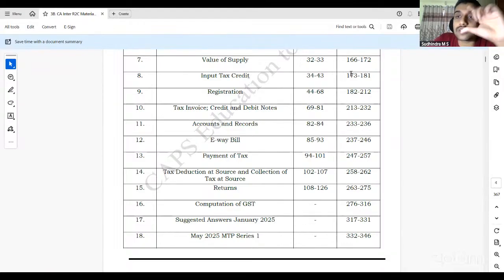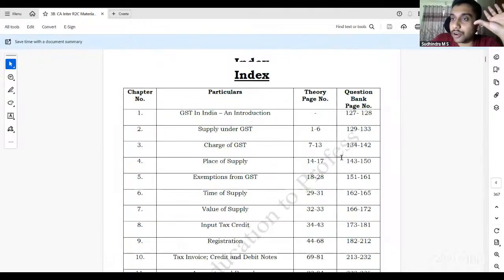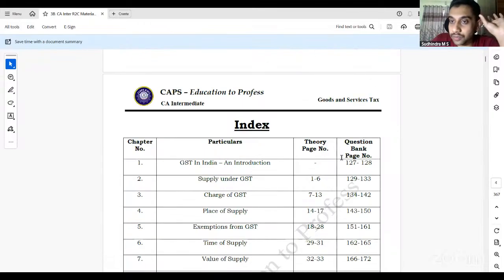So it's like an exhaustive book. Okay, so if you read this, all possible questions that would be asked will be taken care of. So that is what we have to focus on. This book is extremely important for us from our examination point of view. Extremely important. Okay, fine then.